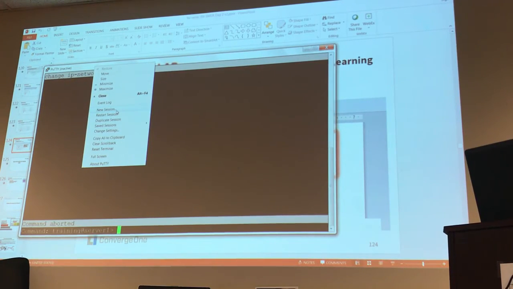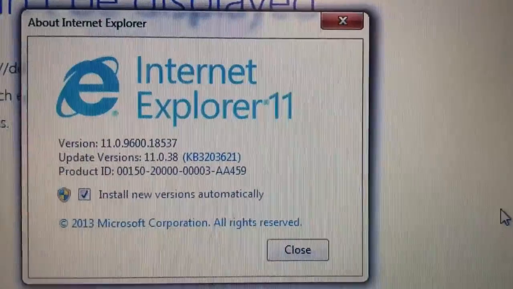Might be on 9. Because of System Manager? Because of Internet Explorer. That'll be important for us to know since we use IE accessing System Manager. What version of Internet Explorer are you using right now in that lab? It's either 8 or 9, they told me. I've been using Mozilla Firefox, but I'm not a fan of Mozilla. I've never used it, but I'm going to start using it now for System Manager. Yeah, or Chrome. One thing with Chrome is, don't use this version. With Chrome you